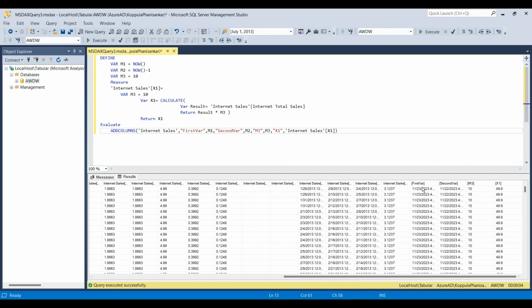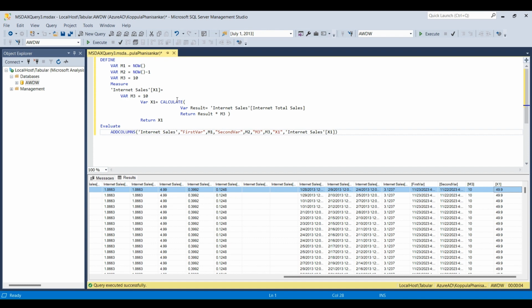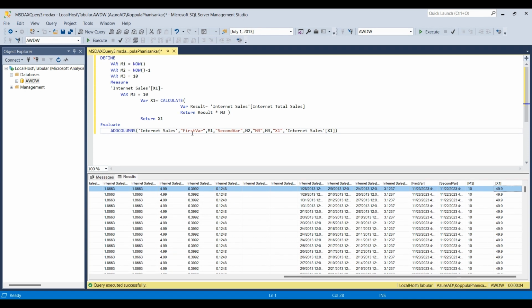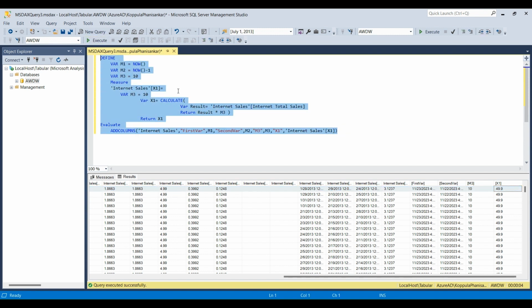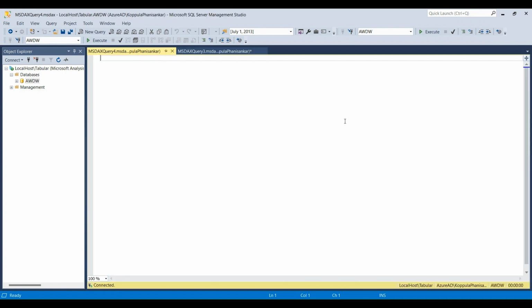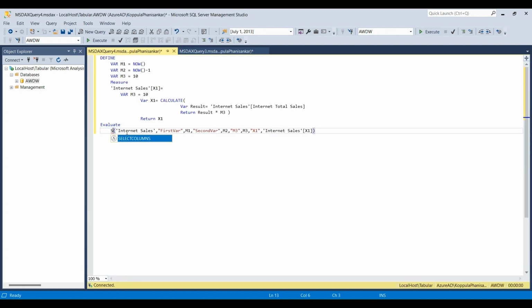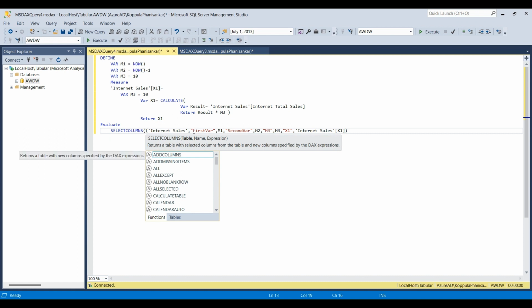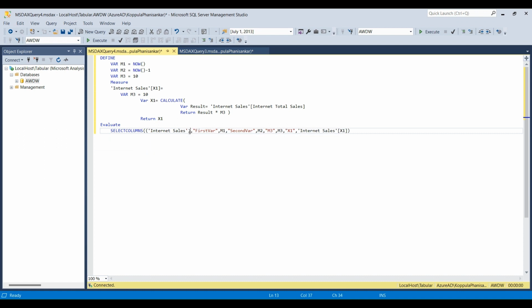Right? So I have first variable, second variable, and M3, and then again the internet sales value is multiplied with 10. Okay, so this is how you can write your variables. So it's not only adding columns, you can also work these queries with selected columns. Maybe I'll open a new window. Instead of added column, if you choose select columns, and if you want to bring only customer ID, customer ID, and then